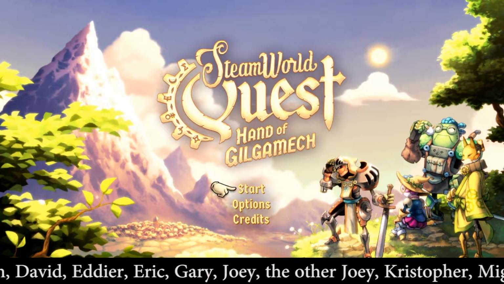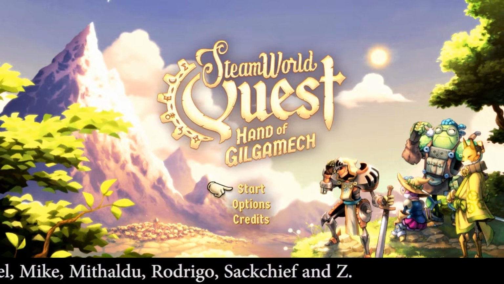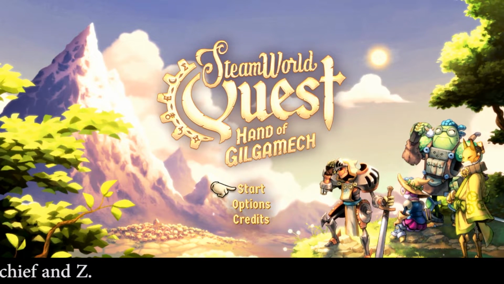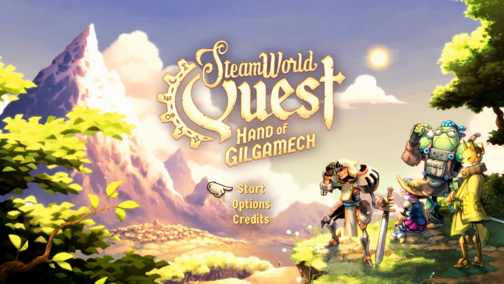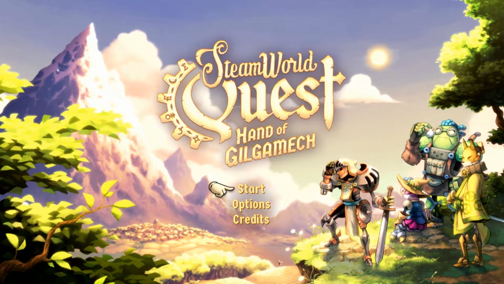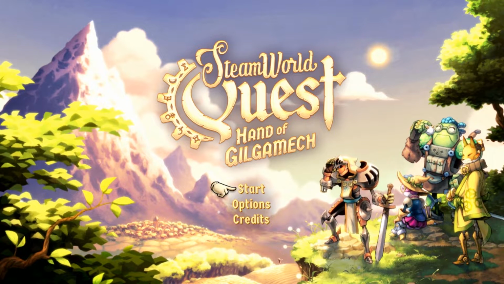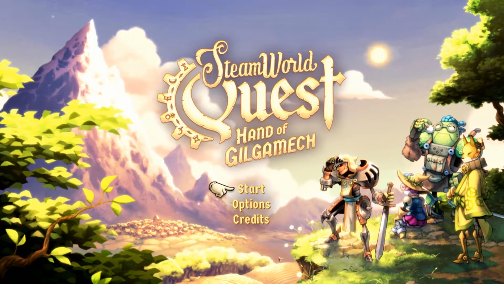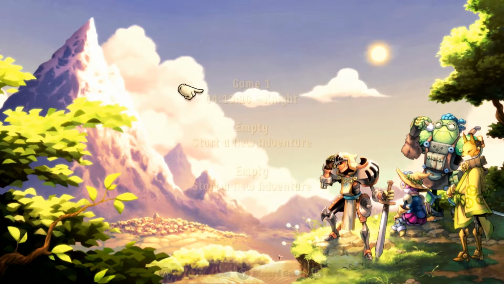I don't know what the Hand of Gilgamesh subtitle has to do with anything, because it doesn't seem to have come up yet, but oh well. So this is a card-based RPG from the same people who brought you Steamworld Dig, Steamworld Heist, and the Steamworld Tower Defense game, which apparently started this whole series up. I've been playing it for about 4 hours at this point,